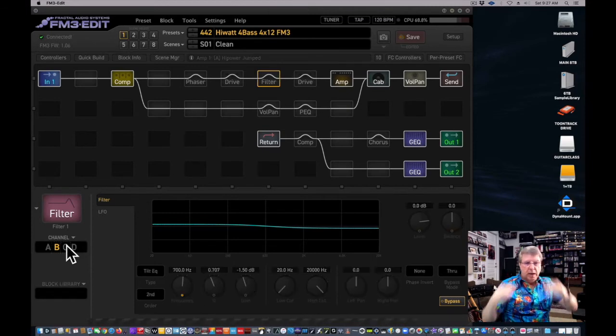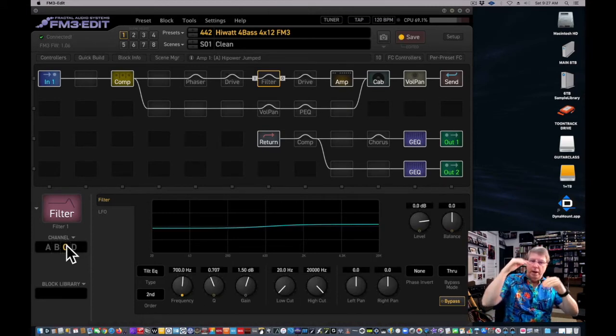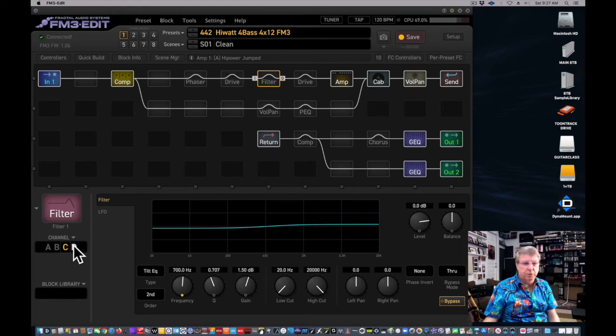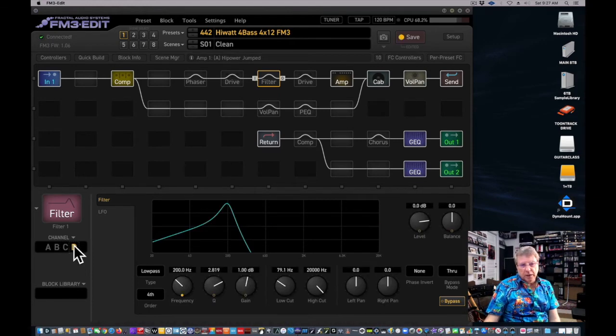Number C is the opposite. It's a tilt the other way. If your thing is too bassy and not enough high end, and this all happens right around 700, it'll flip it the other way. So you've got some options to sculpt your tone a little bit depending on what kind of bass you use. The last thing in here is an envelope triggered